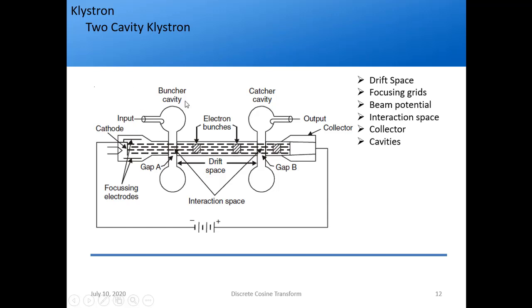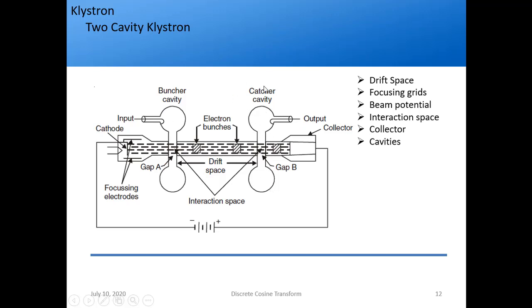But they should not go haywire, right? They should travel along the circular waveguide only. So what we do is use focusing electrodes, which are also called grids. You might have seen this in vacuum tubes, tetrodes, diodes, pentodes. These are the focusing grids used to focus the electron beam along the z-axis only, along the axial direction. Okay. And then we give the RF input from here, which is to be amplified. This is the signal of low amplitude, and somehow it gets amplified by some factor, and we catch the output here. And this is a cavity, and this is the other cavity.